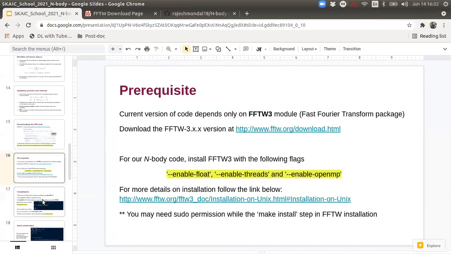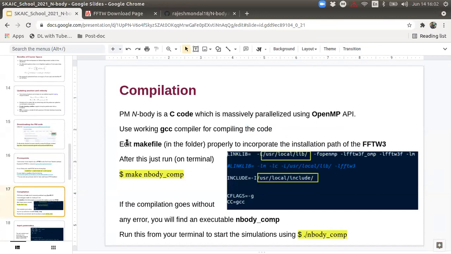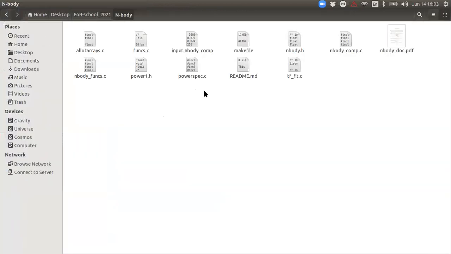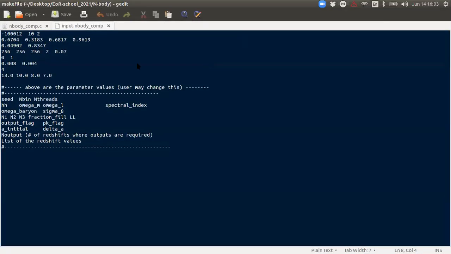Once that is done, we can go straight to the compilation. In order to compile this code, you need one very necessary file, which is this makefile. This will make the code.